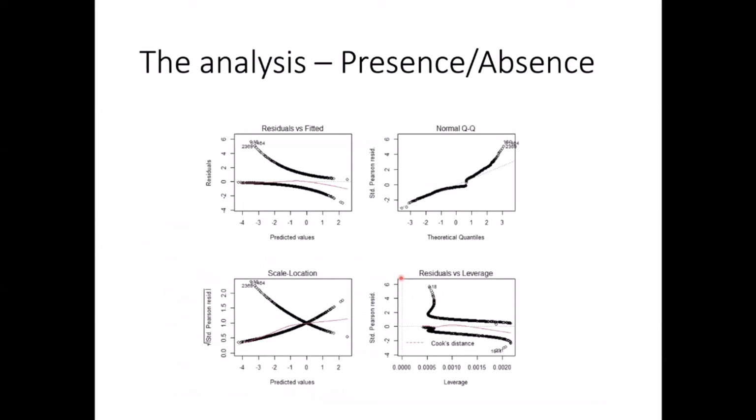Well, that's not the whole story. You also have to ask, how well does this model fit our data? Many of you may know that R has a plotting method for the model objects that are created that will produce these diagnostic plots. However, when dealing with presence-absence data, it's really hard to interpret or make any sense out of these diagnostic plots